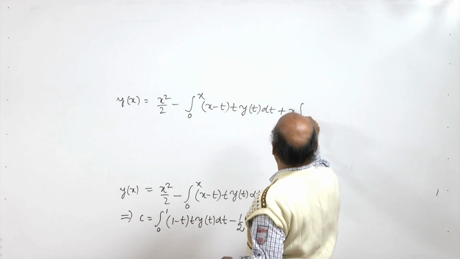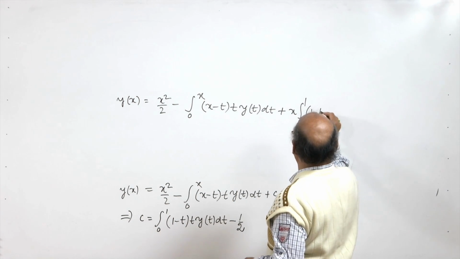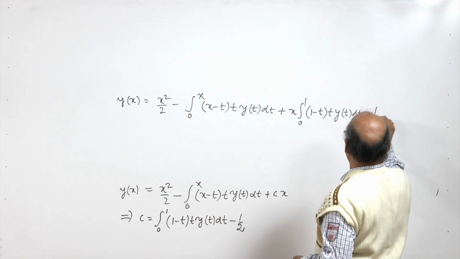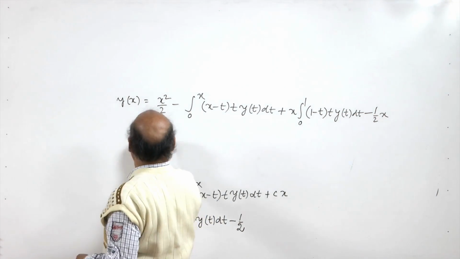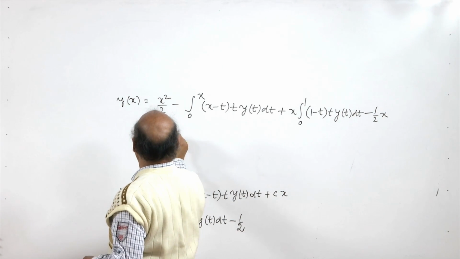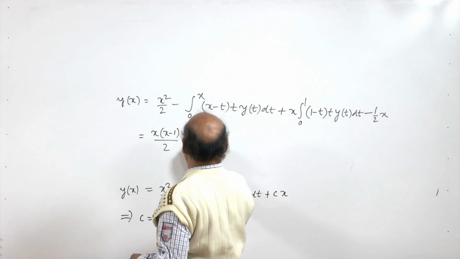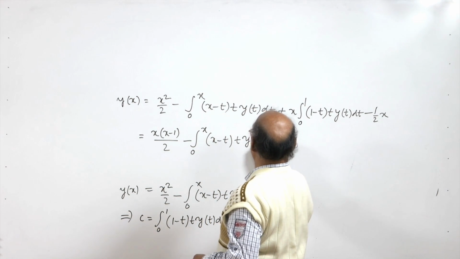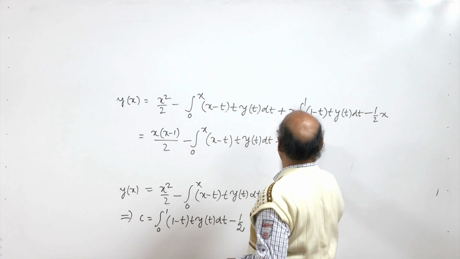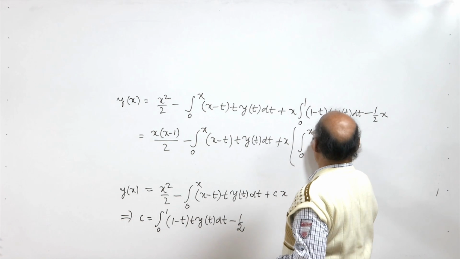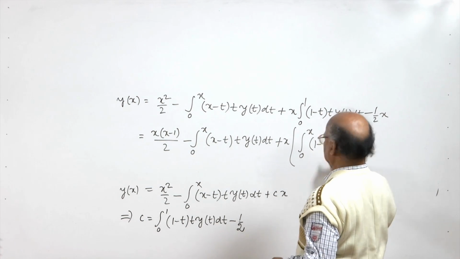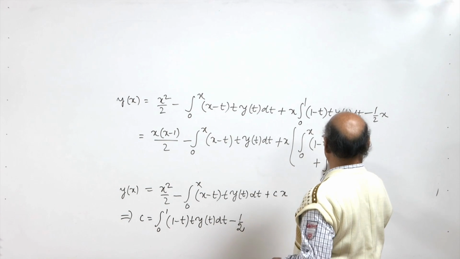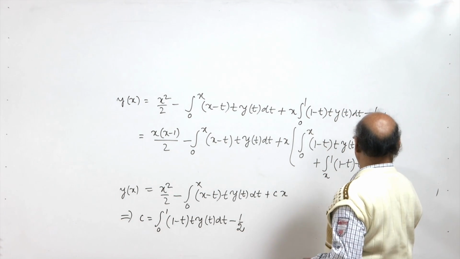So x times integral 0 to 1 of 1 minus t into y t dt minus half x, or we can write this further as x into x minus 1 by 2 minus integral 0 to x, x minus t into y t dt, and this we can break into two parts again, 0 to x of 1 minus t into y t dt plus x to 1 of 1 minus t into y t dt,